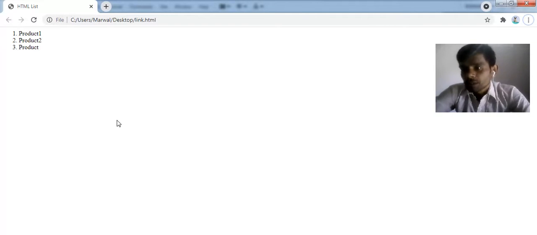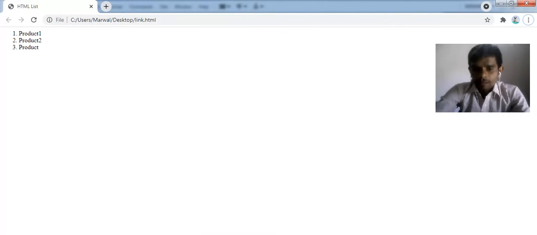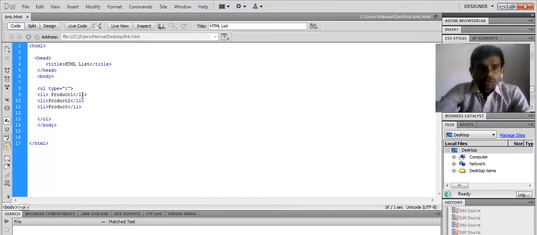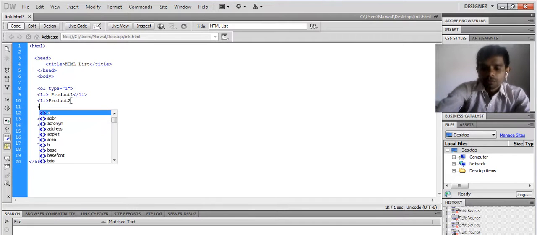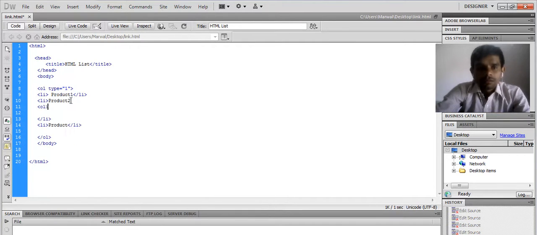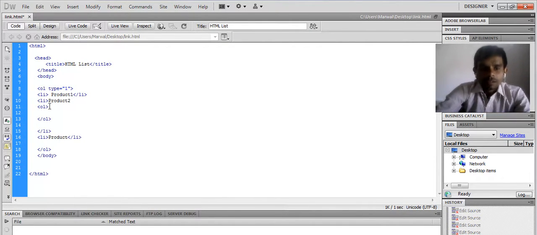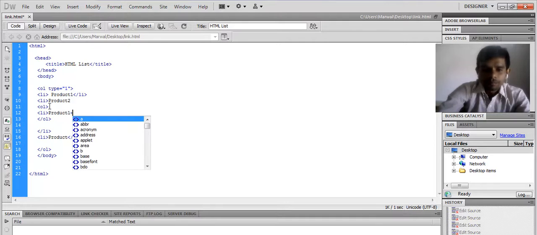But in an ordered list you can create a nested ordered list also. Let's see how. Suppose I want to create a nested ordered list over here. Then what should I do? I use another OL for creating the ordered list, then do the same thing, creating list items.